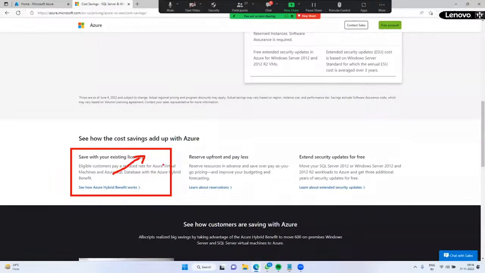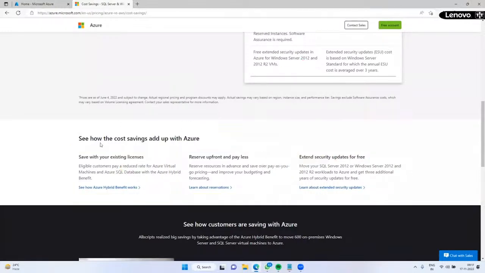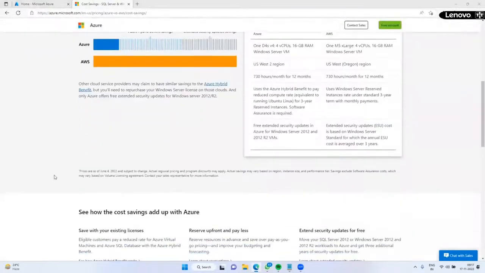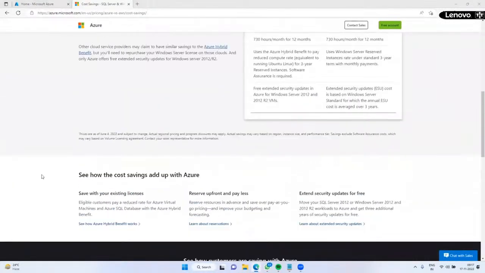You need not spend any additional amount. There is no upfront reserve cost. Security vulnerabilities and patches can be extended to the next level. This is about the advantages of Microsoft Azure. Because of all these services, Azure is the market leader in cloud computing.